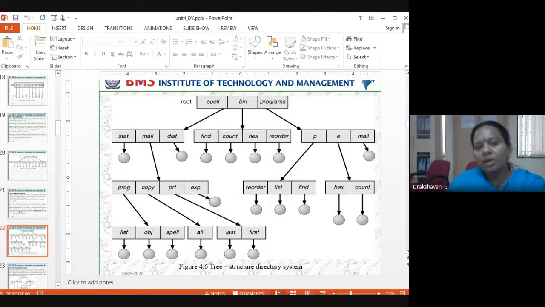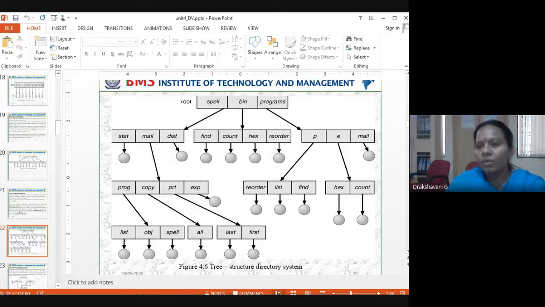Again in mail, I may have program, copy, print, Excel. And in each one I may have programs. What type of programs? I may say Java programs, data structure programs, or CN programs. Like this, I can create different things. Or I may have print, where I keep the things I want to print, so you can create folders for which programs you want to take a printout of.